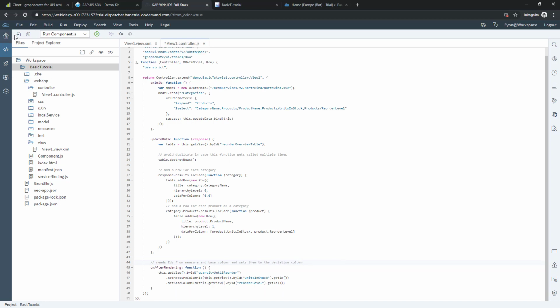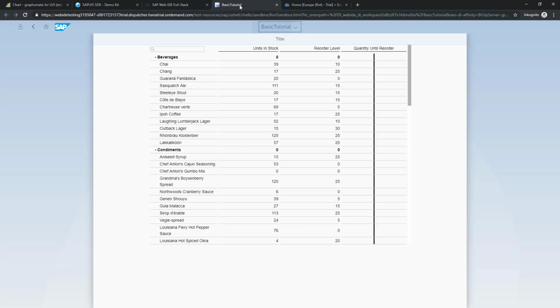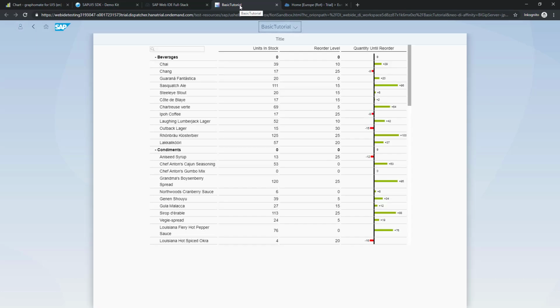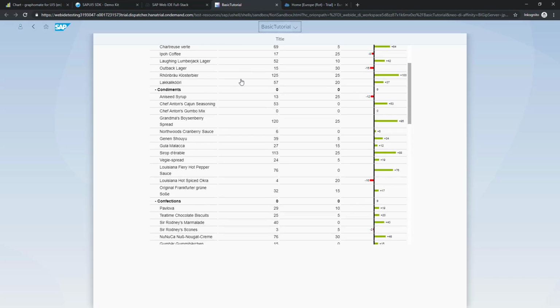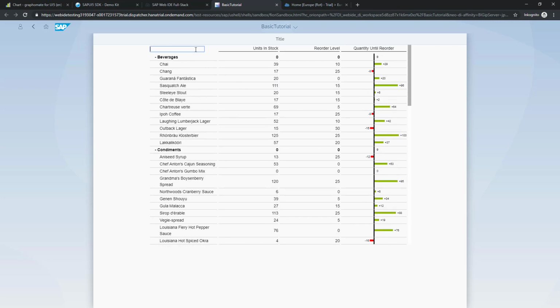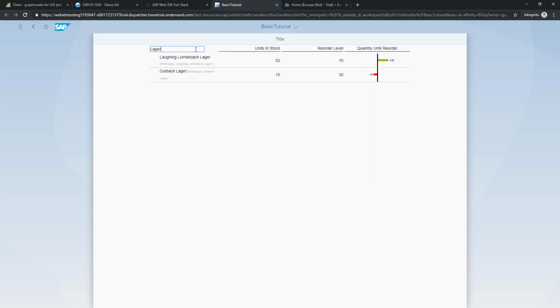Now, the deviation should be displayed correctly. The resulting table shows all products by category, and you are able to search the products.